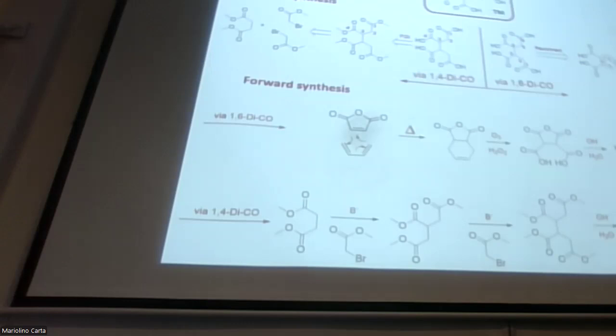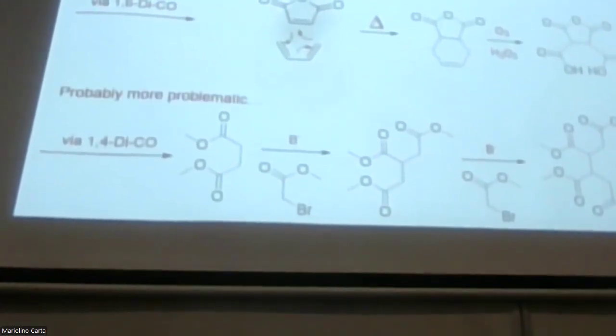The basic conditions instead are very sensitive because the carboxylate that you form initially is irreversible. If you do the hydrolysis in basic conditions, you always need to quench with some water at some point, because otherwise you will have a very low yield, massive carboxylate. Sorry, I cannot speak anymore. Okay. Let's stop here. So we did a little bit of